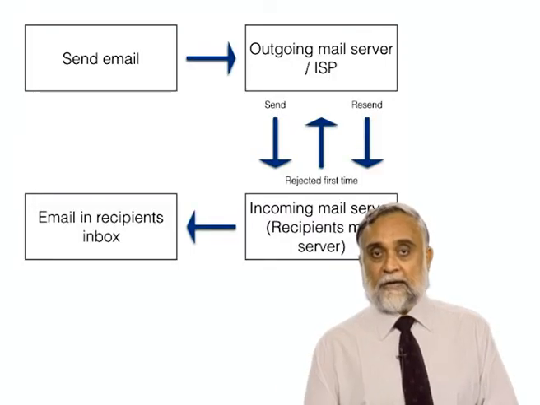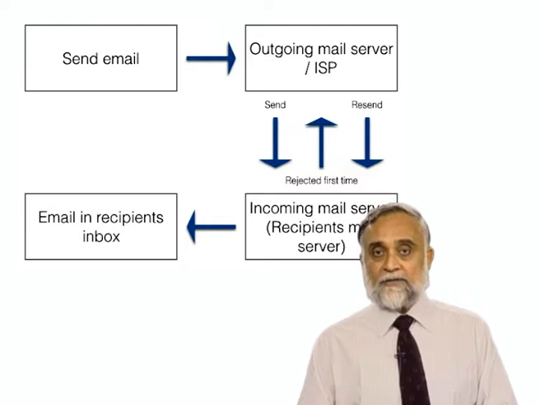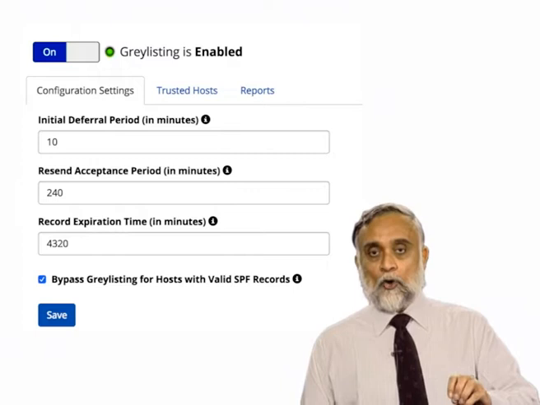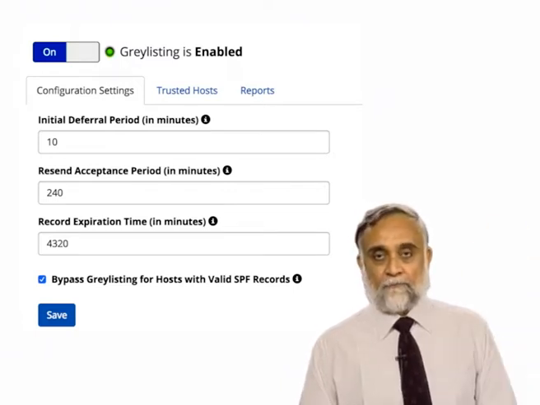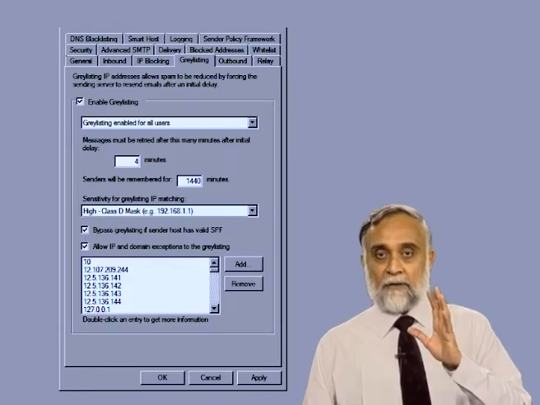Grey listing. This is a method of defending email users against spam. A Mail Transfer Agent, commonly known as MTA, using grey listing temporarily rejects the mail from a sender which it does not recognize. If the MTA finds the sender and the mail legitimate, the originating server will try again after some delay, and if sufficient time has elapsed, the mail will be accepted.